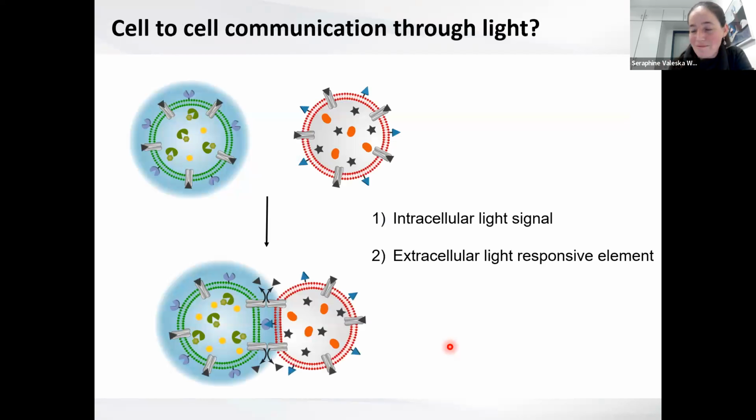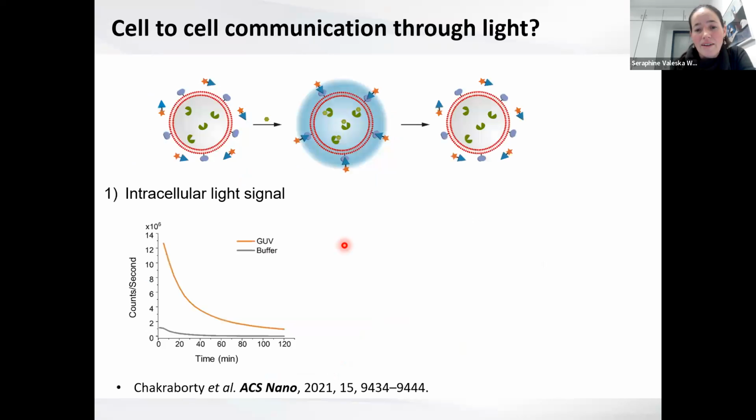And so this has not been described in biology, but if we approach this from a retrosynthetic perspective, this is actually not a difficult problem. What would you need? You would need intracellular light production, and you would need an extracellular light responsive element to mediate this. If you break it down, okay, intracellular light production, one can just encapsulate a light-producing enzyme into a vesicle